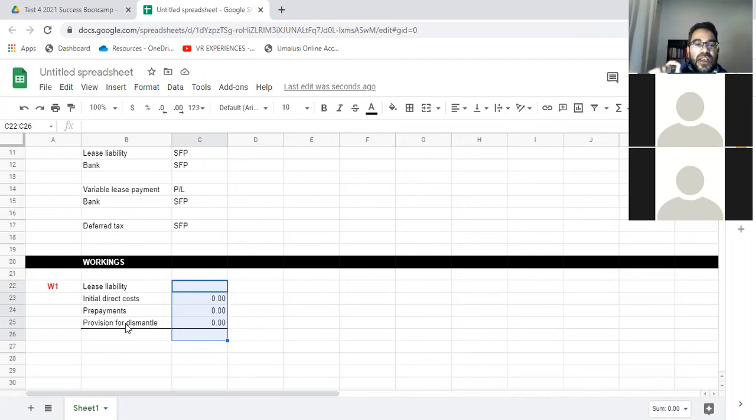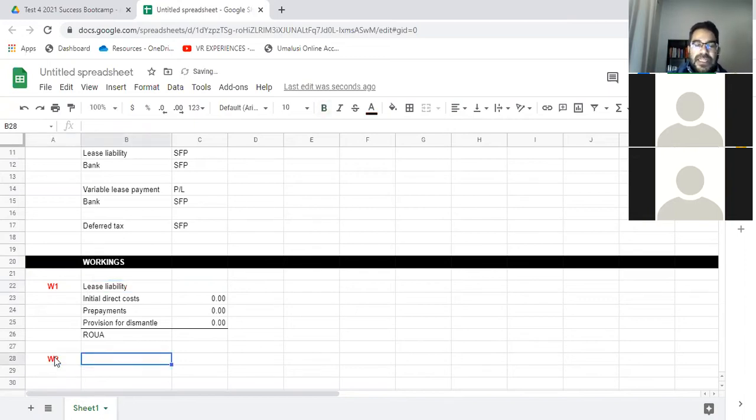So just make sure that you do train your brain to think in a certain way so that when it sees certain things, it's going to automatically pick up what is relevant and what is not. So here, that's going to be the right of use asset. Like I said, there was no need to write this down because as you're reading the scenario, because you trained your brain to think of all four, your brain is going to pick up that there's no provision, there's no prepayment, there's no initial direct cost. So your brain will know that the only thing including the right of use asset is the lease liability. So you only write down the lease liability. So that means we need to work out the lease liability.